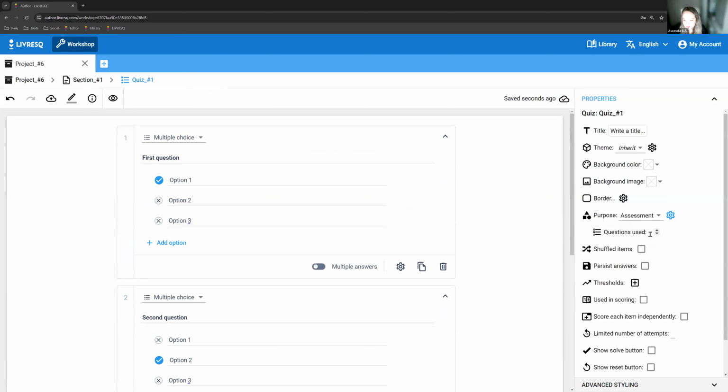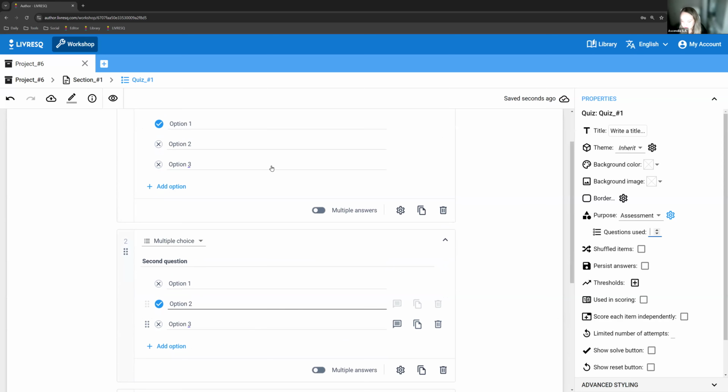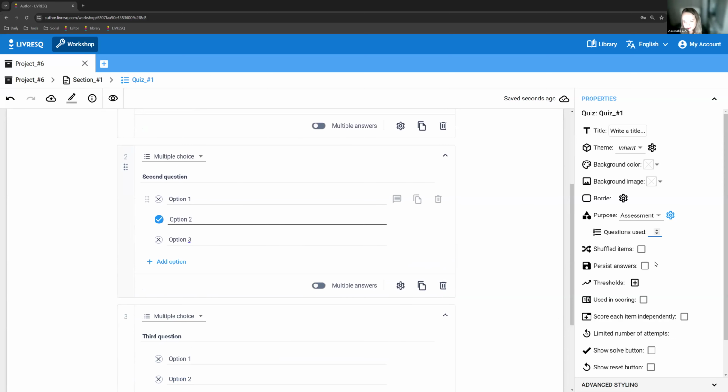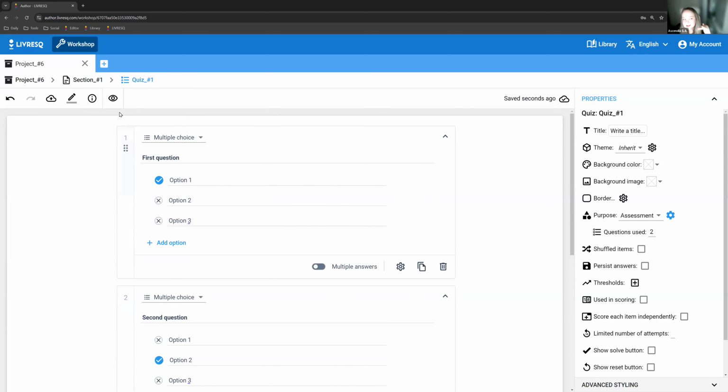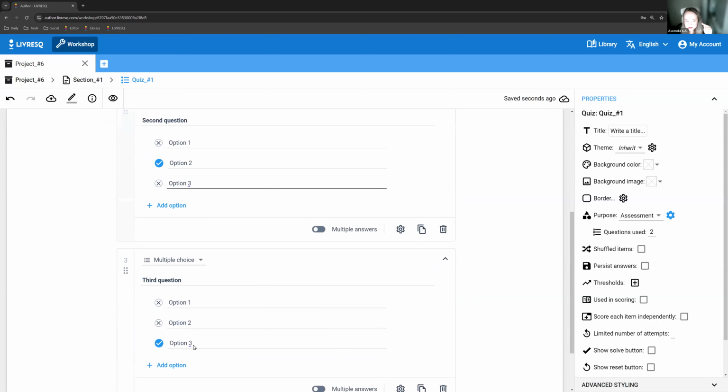And here we have questions used. I can enter or select a number of questions that are used in my quiz. This will be randomized for the quiz, and it can obviously be a lower number than the number of questions that I've created. So for instance, if I only want my learner to have to answer 2 of these 3 questions, then I will enter number 2 here, which means that once my learner goes through the course and reaches this quiz, they will see 2 of these questions randomly selected from my pool of questions,